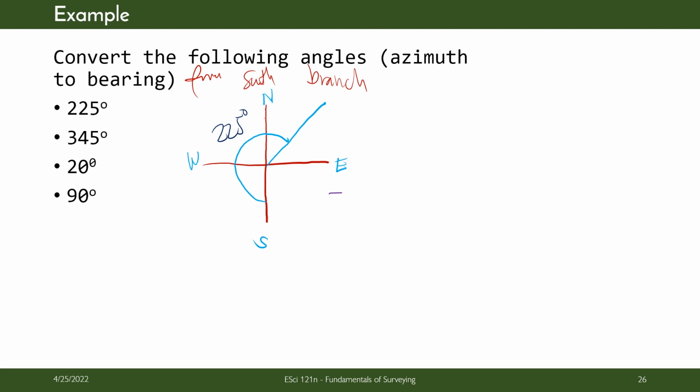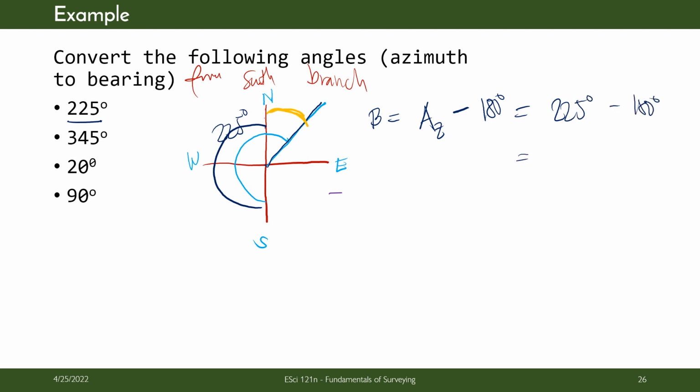In order for us to identify the bearing of this line, the bearing is equal to what? The given azimuth minus 180 degrees, so that what's left is this angle, no? So if we continue, that will be 225 degrees minus 180 degrees, then that would be how much? Minus 180, that would be 45, right? So that would be 45 degrees. But since it's a bearing, that would be north, then going that direction, east. North 45 degrees east. So that's your bearing for that example. Okay,